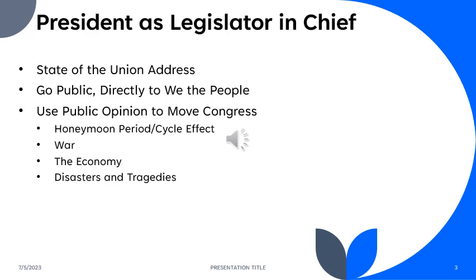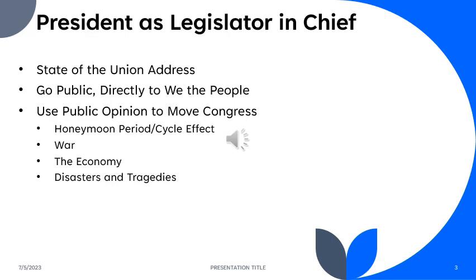And then related to that, this thing called the cycle effect, right? The idea that generally speaking, over time, presidential popularity tends to go down. Over time, you become less and less popular. It's one of the reasons presidents usually don't get a lot done if they get a second term. By then, they've become pretty unpopular, although popular enough to get reelected.